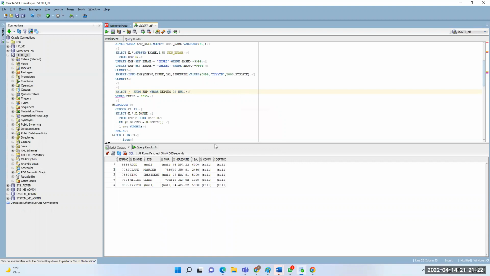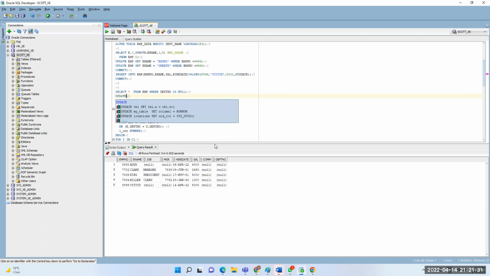Update EMP set DPT number 20 where DPT number is null.